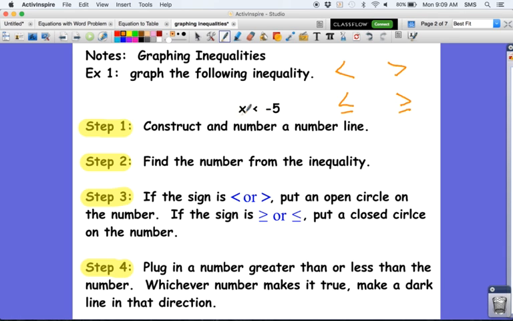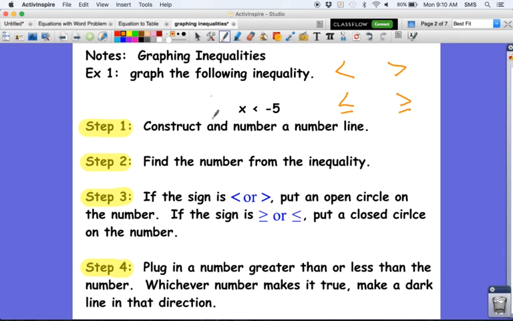Okay, because the alligator is going to eat the negative 5, that means x is going to be a smaller number, that's less than negative 5. Okay, negative 5 is the bigger number because the alligator's mouth is opening up and going to eat the negative 5. So what we're going to do is we want to graph what x is less than negative 5 is based on these steps so that we can see what the solution is to this inequality,